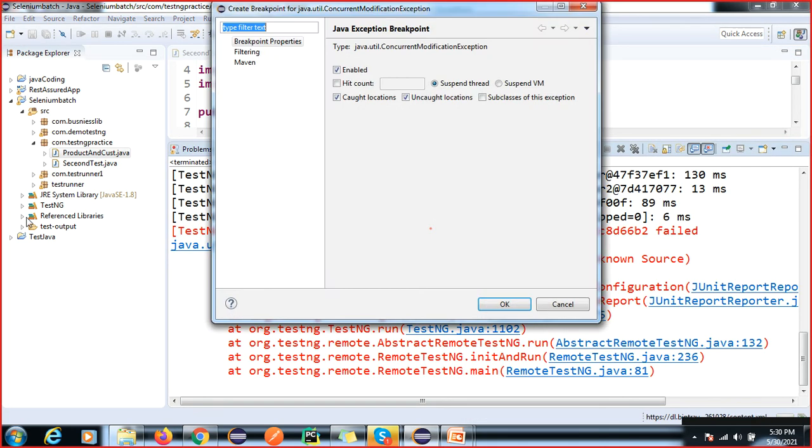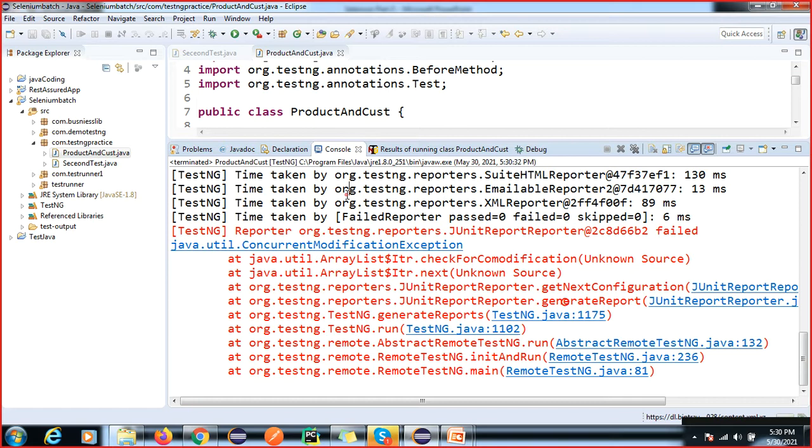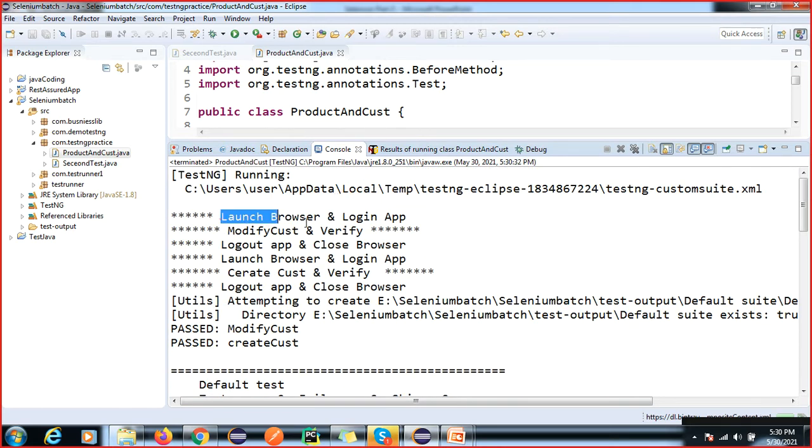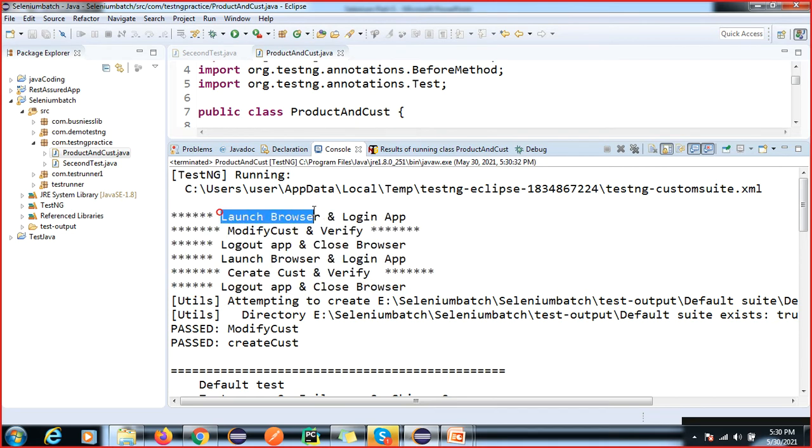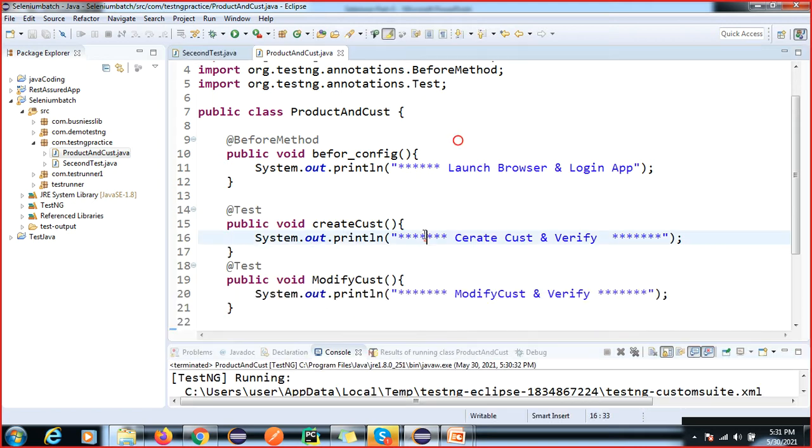You can see launch browser and login application, modify, again log out of the application, launch, and the other test case is executed. Before executing each test, the browser will launch and log in to the application. Again the browser will launch and log in to the application. Got it, right?